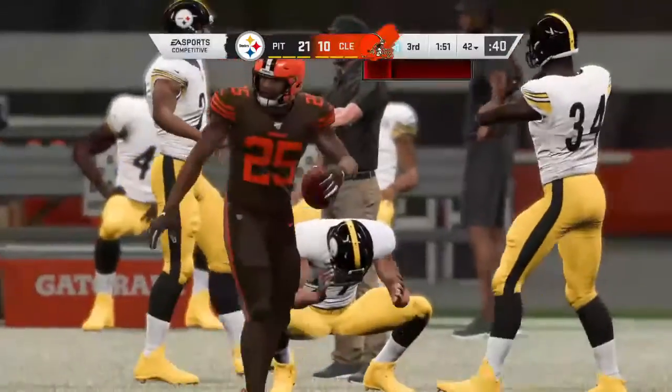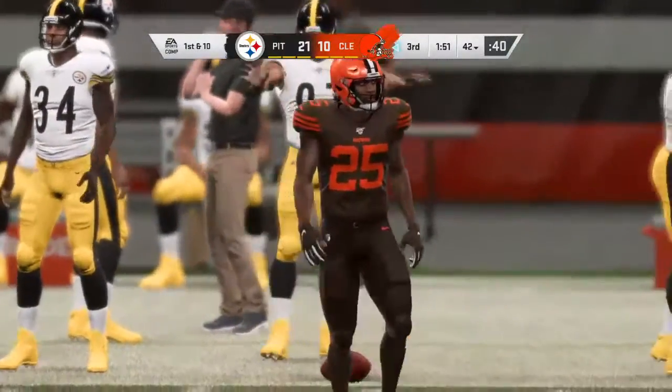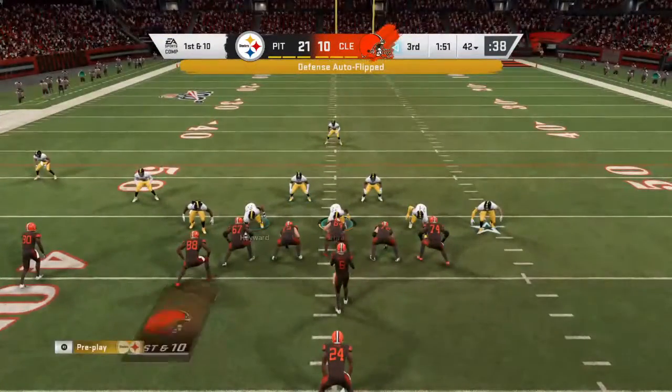Nice job bringing that one back. 14 on the return. And the Browns will take over first and 10. And the Browns getting set to go. And down on the